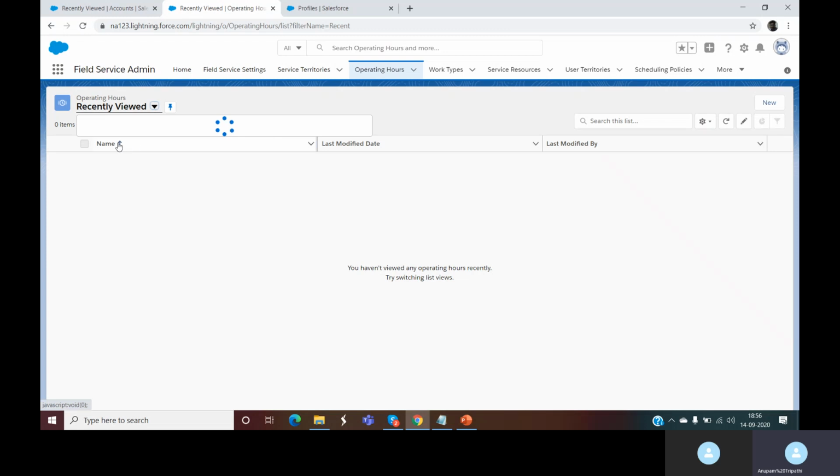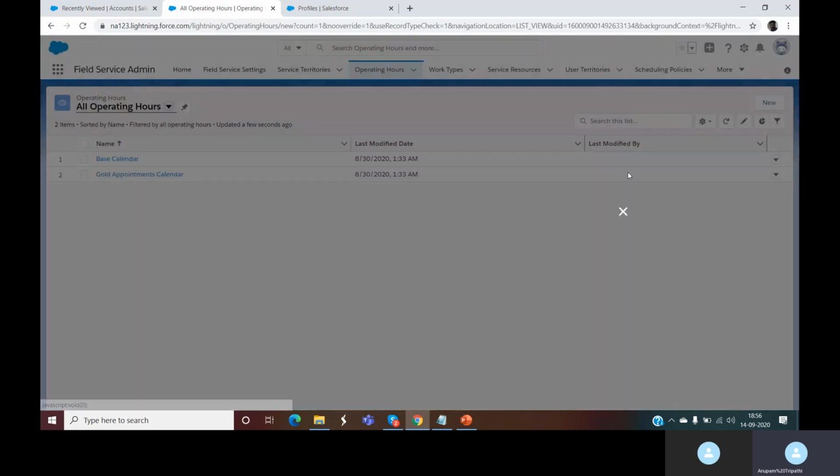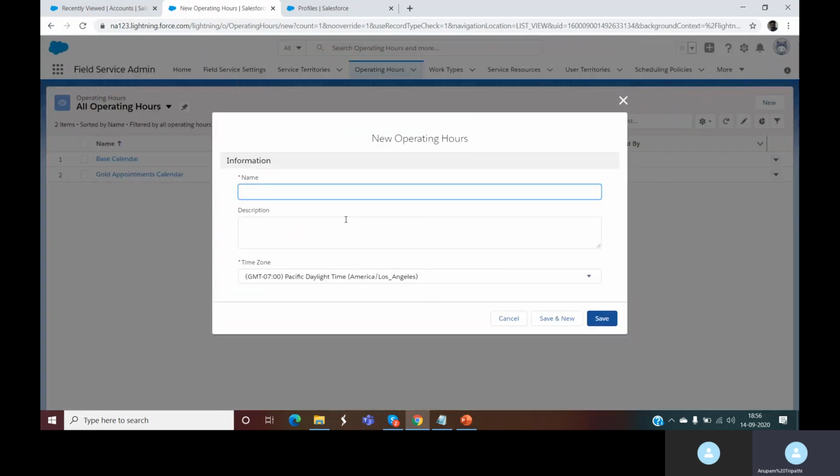As you see, I don't have any operating hours as of now. I have some standard ones which I got from the package, but I'll create a new one. While creating the operating hours, you just need three pieces of information: the time zone, the description, and the name.